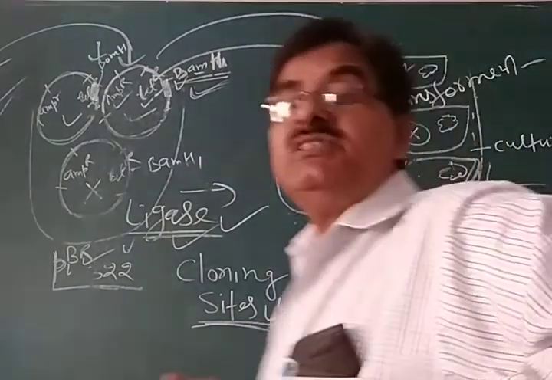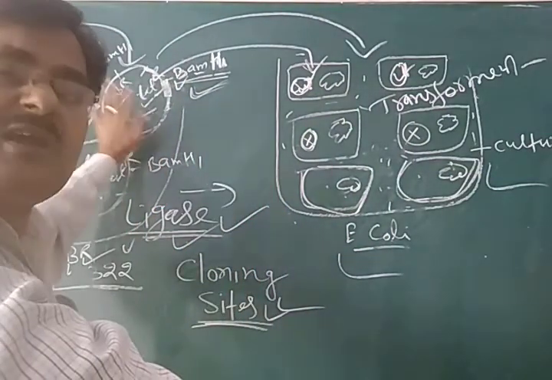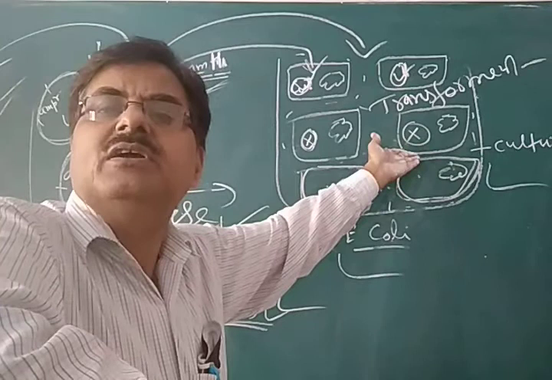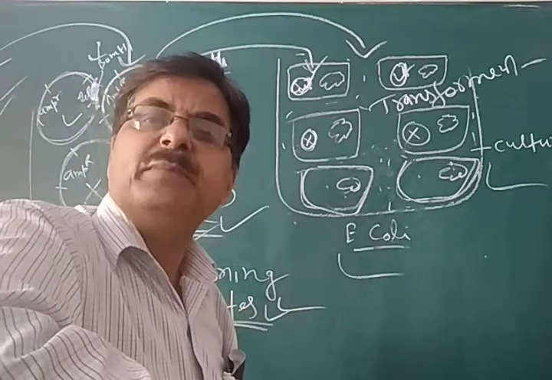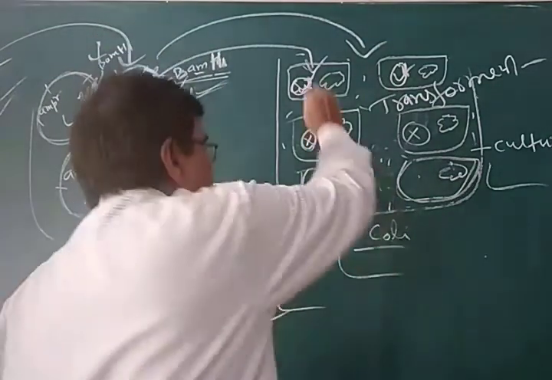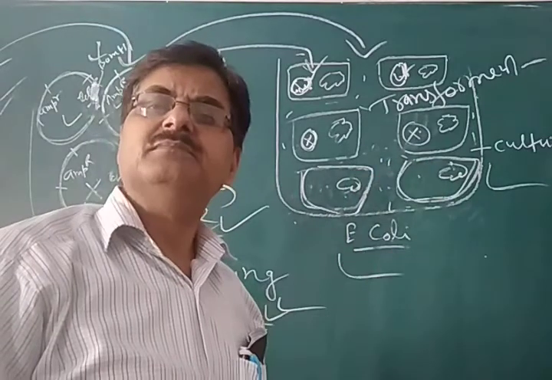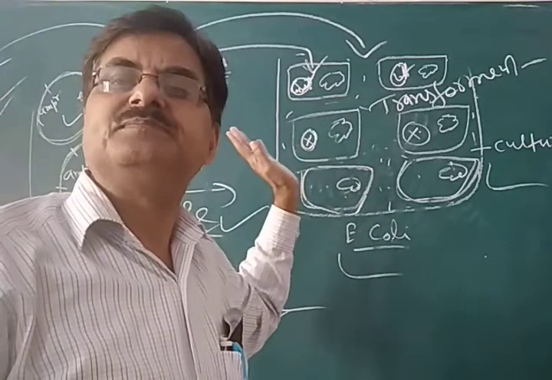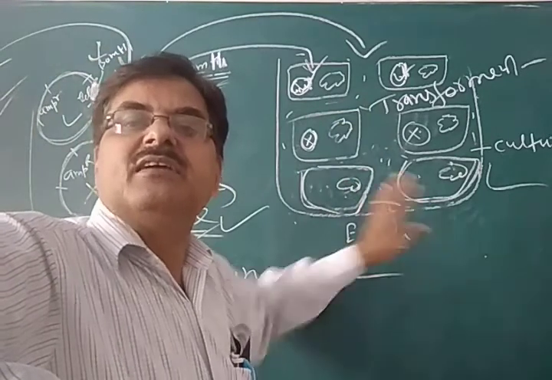But for biotechnology, because the number of bacteria is going to increase, and we have a limited number of cloning vectors or recombinant DNA, in some bacteria the recombinant DNA will enter, but the bacteria multiply every 20 minutes. So some bacteria will be transformants in which the recombinant DNA is present, but some are non-transformants. There is no cloning vector or plasmid entered. So how do we identify the transformant and the non-transformant?